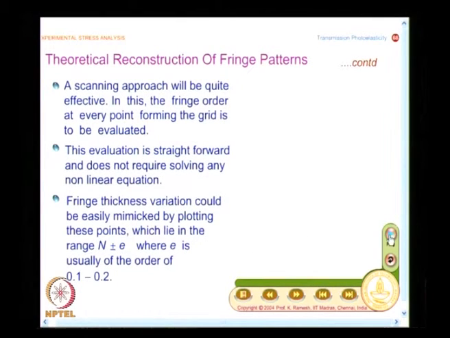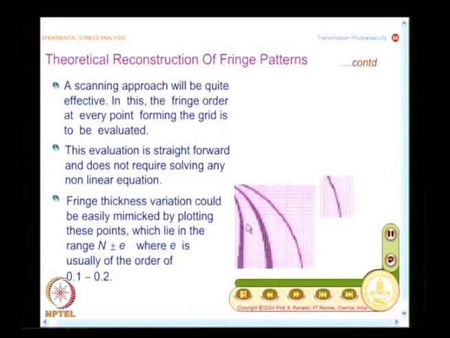When fringe gradient is small, fringes will be very broad, and this is automatically taken care of by your mathematical step. So, you do not plot a fringe of fringe order n, but you plot a fringe order of n plus or minus e, a small value. If I take a very large value of e, it is equivalent to high contrast processing or low contrast processing of your images, that kind of an effect it will show, and that is what is shown here as an animation.